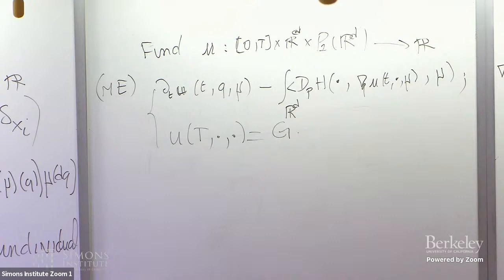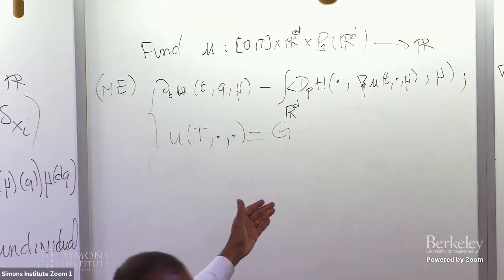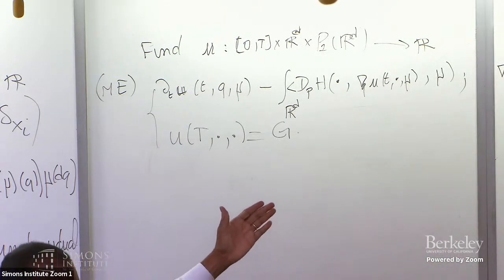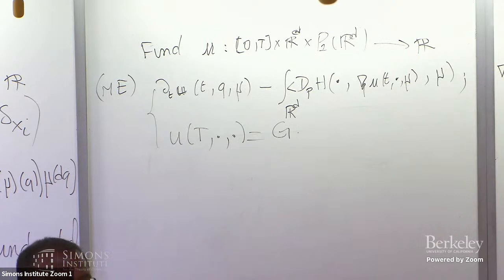So you can check that if you restrict yourself to Dirac masses, for instance an average of Dirac masses, you get a hyperbolic system. And so this tells you that there is no way you can expect a smooth solution for a large time, right? Because even in finite dimension, we know that there is no smooth solution for a large time unless we have some structural condition. So the first theorem on this was due to